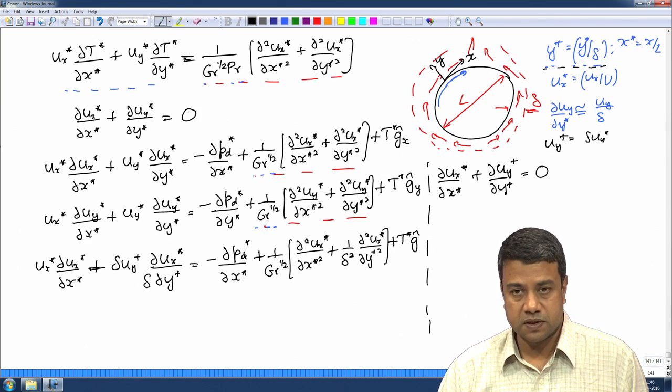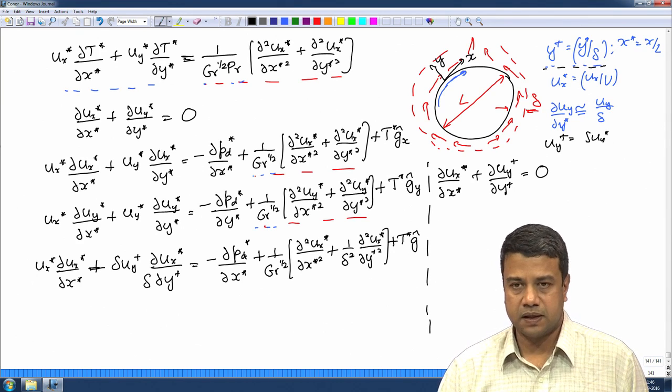So, the cross stream diffusion term has a coefficient 1 over delta square multiplying it, and therefore, the gradients